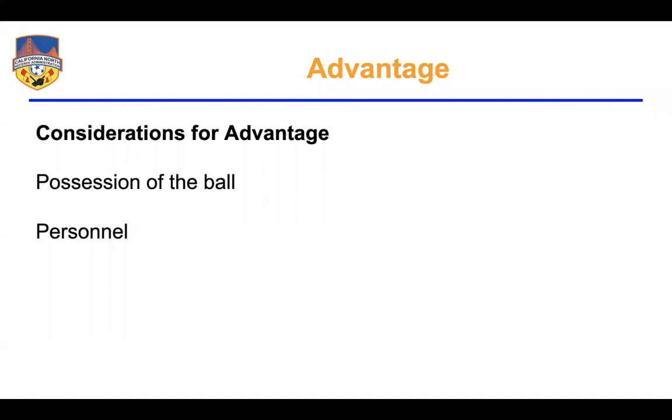So it's not just the numerical advantage, but to the degree that you're able, also evaluating the skill sets of the players as well. But the big one, just for the sake of ease right now, is going to be, do they have a numerical advantage? Do they have more attackers that can go forward than there are defenders back? If that's the case, great.